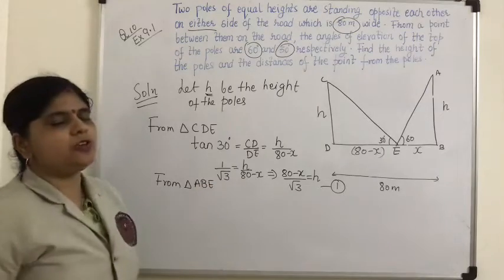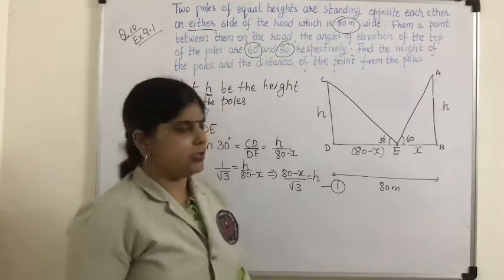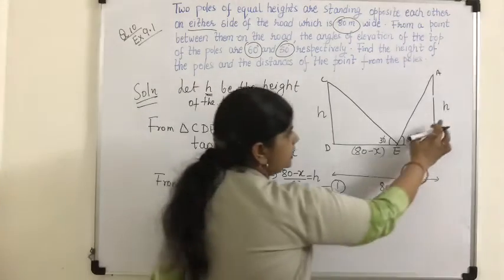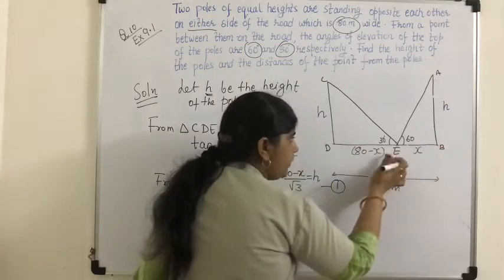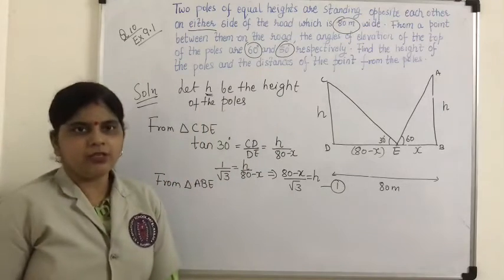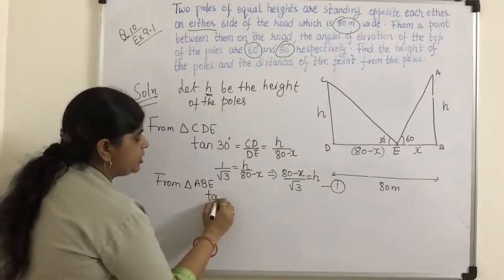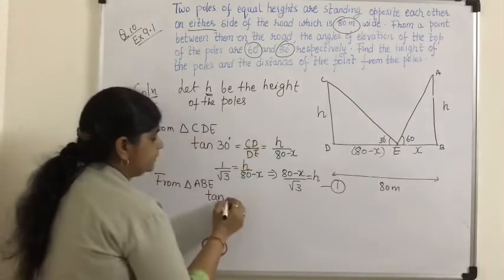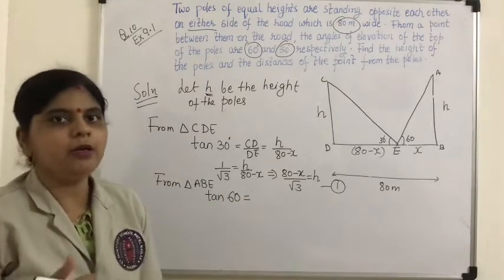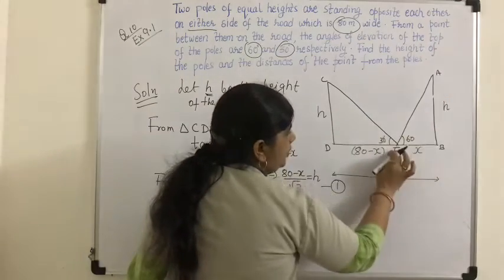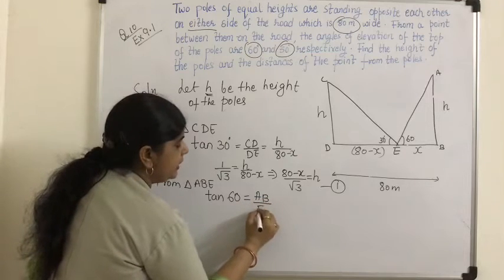Now you have so many 6 trigonometric ratios, no? So which you are going to select? You have to see what you want, what have been given to you. So I want a relation again between perpendicular and base, right? So which relation I am going to choose, which ratio? It is tan. Now which angle is it? Tan 60 degree. So tan 60 is equal to, tan theta is what? Perpendicular upon base. So perpendicular is AB and base is EB.